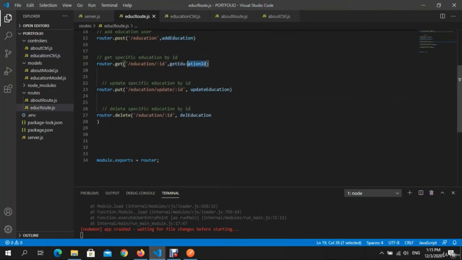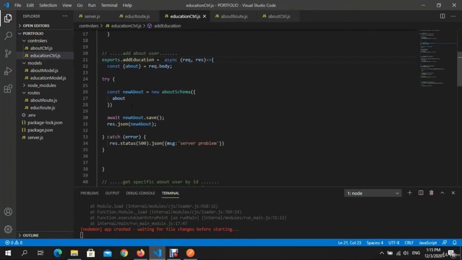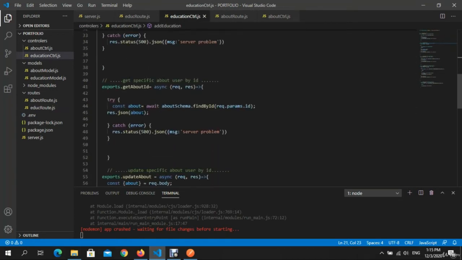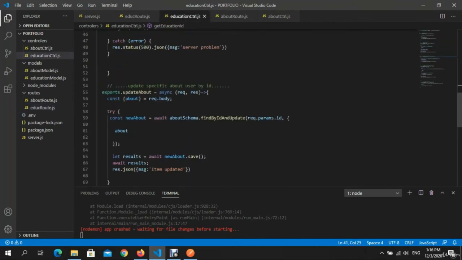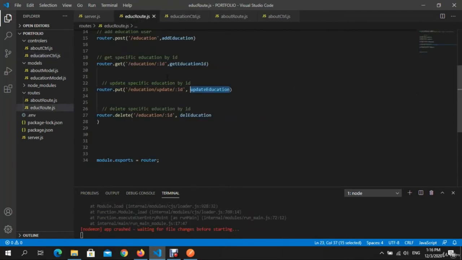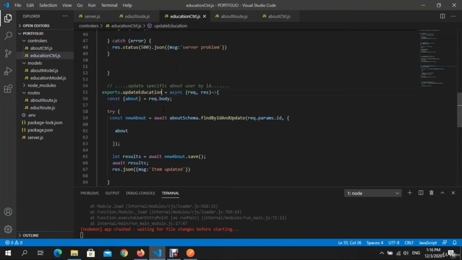We need to also copy get education by ID, yes, and of course we need update education, delete education,